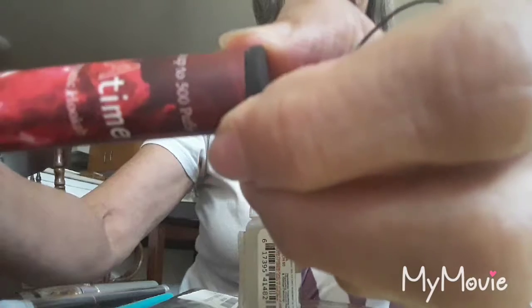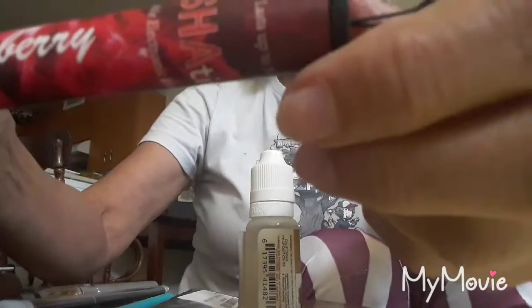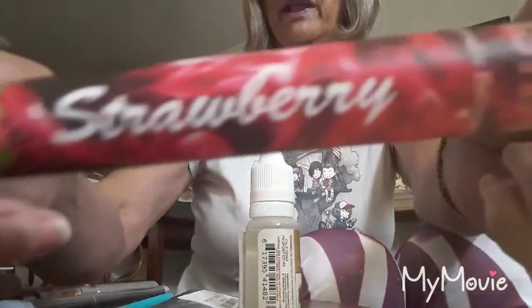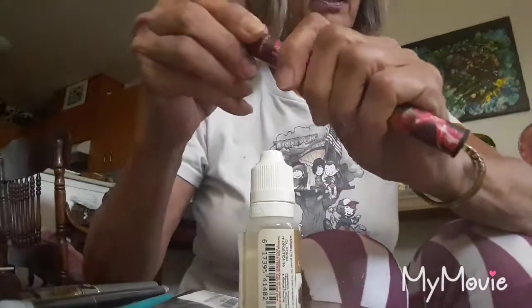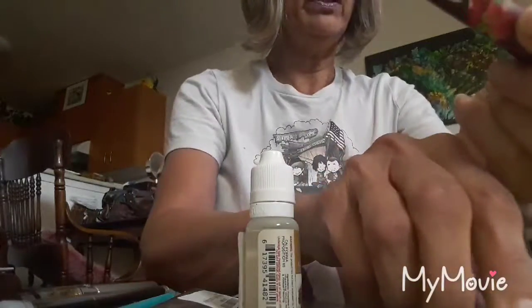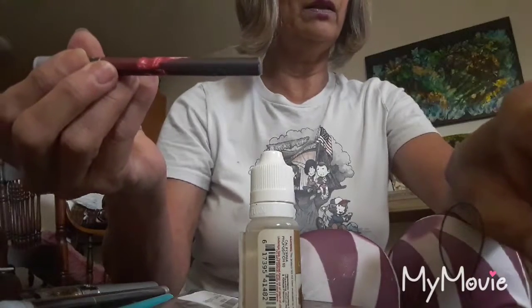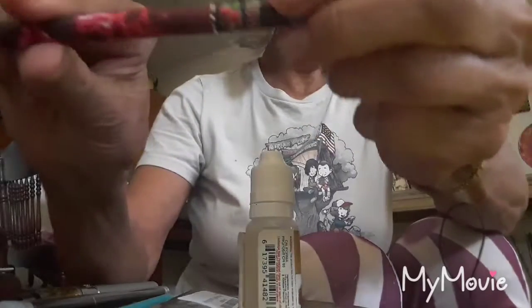Shisha Time Strawberry Hookah Pen Nutritional Supplement. I found this one on eBay. It was $9 with shipping, and it included up to 500 puffs. It's supposed to be a nutritional supplement, an aromatherapy pen. It's supposed to help you keep your diet at a good place and control your appetite. It's supposed to reduce your sugar intake and promote